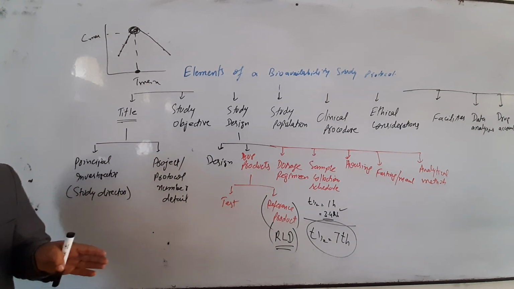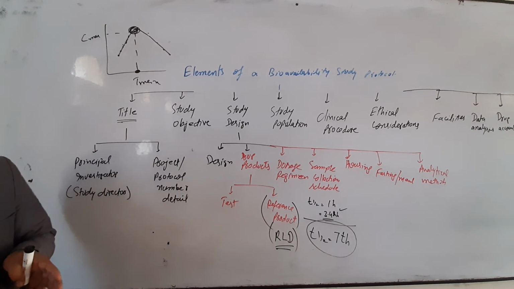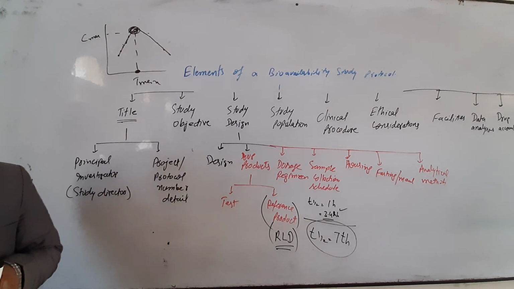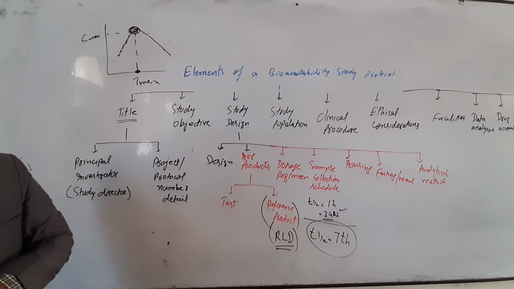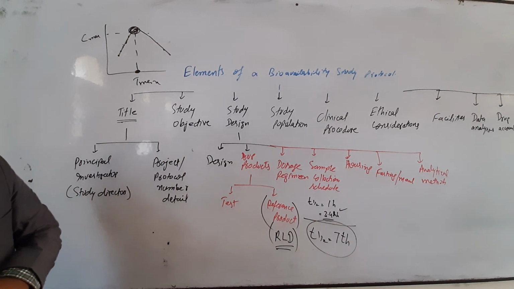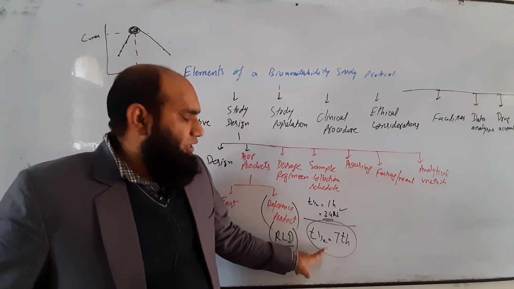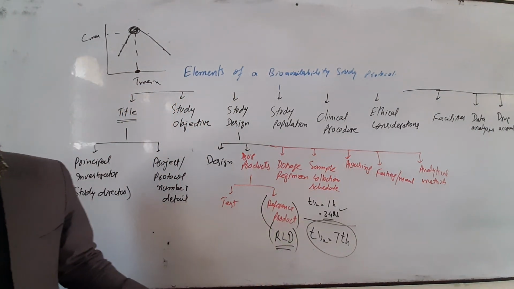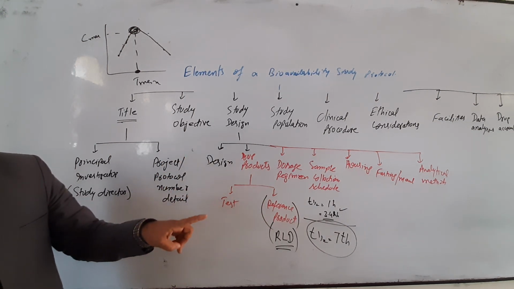studied in the ARE method, amount remaining to be excreted method, where we calculated the urine volume at different time frames, then converted into the concentration, measured the concentration by UV or HPLC, and then converted into the dose, into its amount, and then we calculate the different parameters, half-life and other parameters. So in case of urine, we have to wait at least 7 half-lives, and till the 7th half-life we will have to calculate the amount of drug and so on.